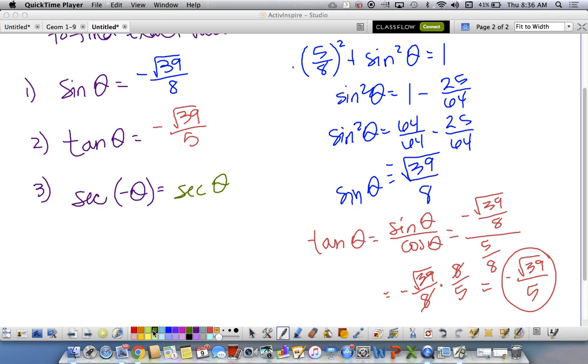No. But it will always be the exact same as whatever theta is. Whether it's secant negative 150 or secant of 150, they'll be the same values because they are even functions. Even functions are the only ones you can do this with. So after you change it with your negative angle identity and realize that negative is not important,